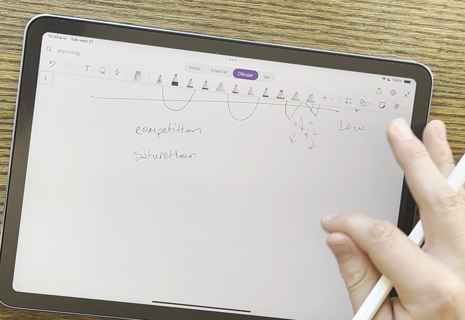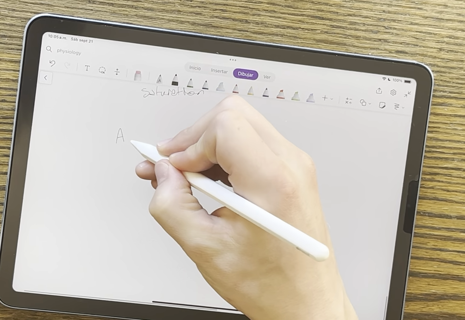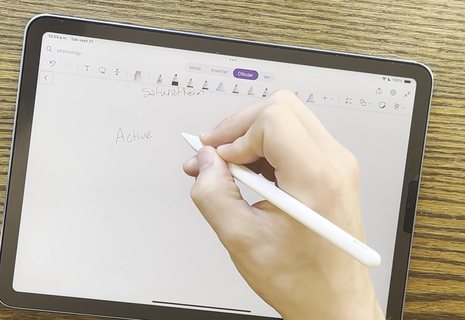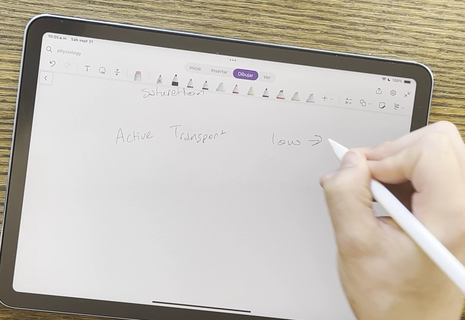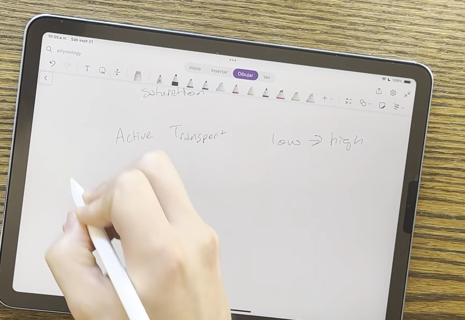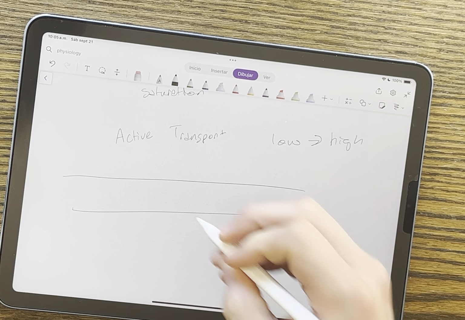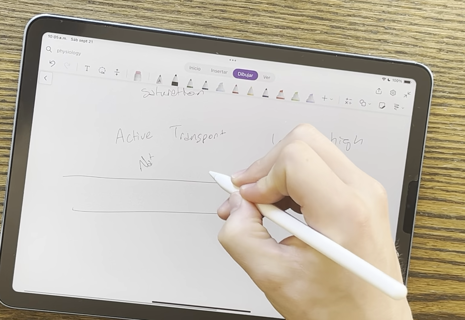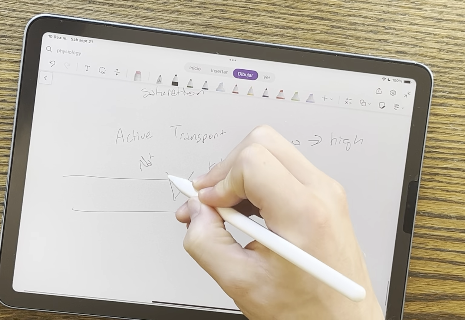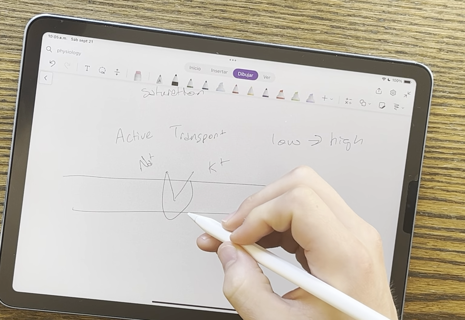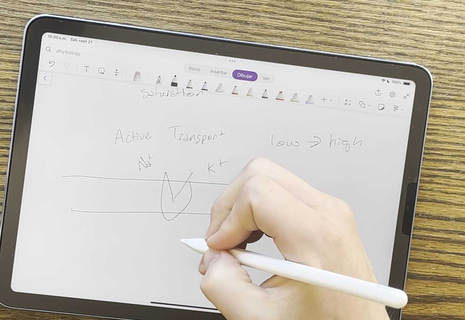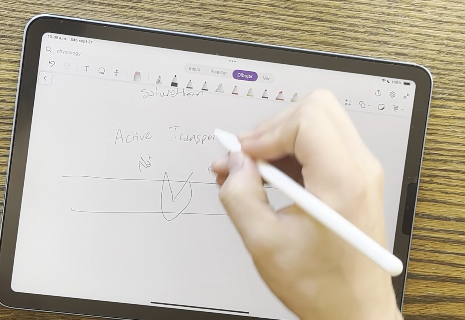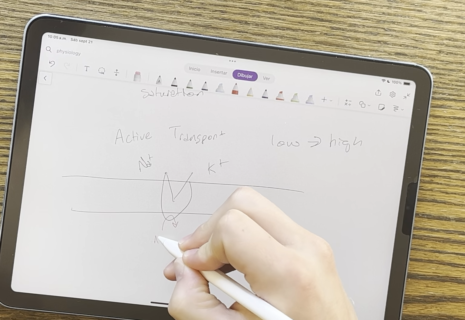So now just to talk about active transport, all the ones we just looked at were all passive. They require no energy. Active transport moves concentrations from low to high, so it moves against a concentration gradient. If we have a cell here, let's say we have a sodium-potassium pump. It kind of looks like a carrier-mediated protein in the sense that it attaches to one and then conformational shifts and releases into the cell. And so what happens here is ATP comes in,